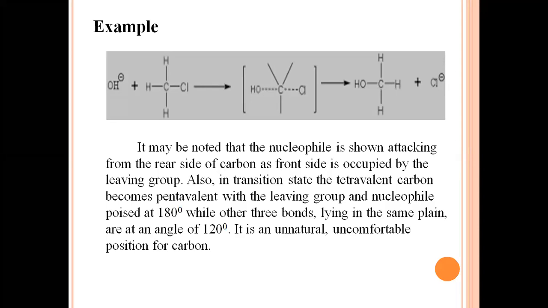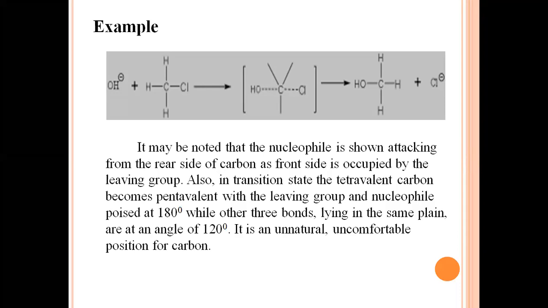Ideally, the valency of the carbon is 4, but for some instant, whenever the alkyl halide follows the SN2 mechanism, it becomes pentavalent with the leaving group and the nucleophile poised at 180 degrees. That means the angle between the hydroxyl and the chlorine is 180 degrees,